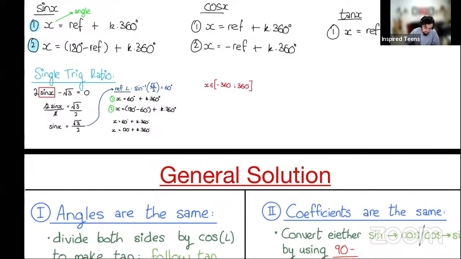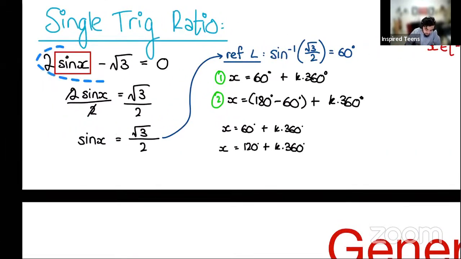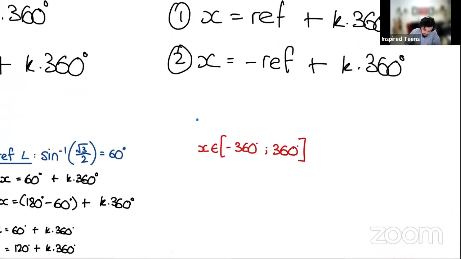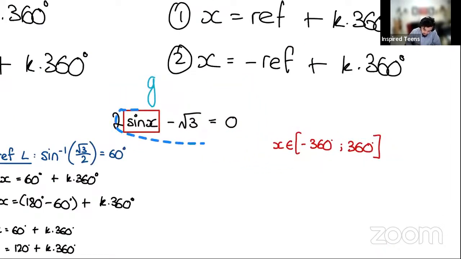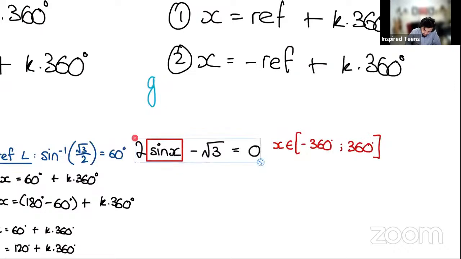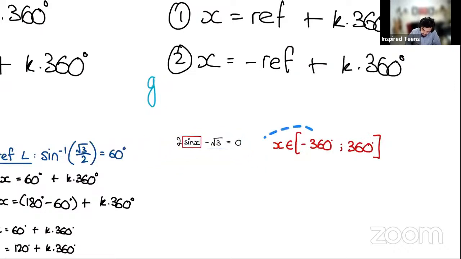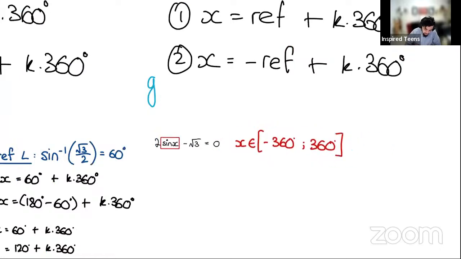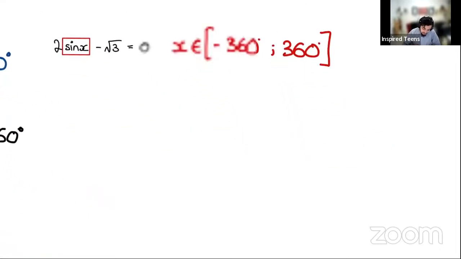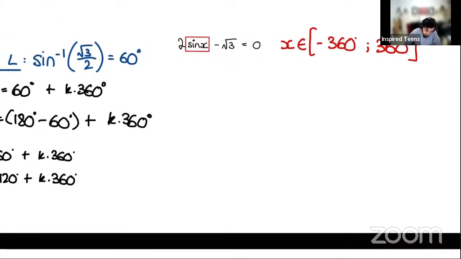You'll see normally the question will be attached together. So let's maybe just copy this. So they'll have this part of the question and they'll have this part as well. Again, they want us to solve for the general solutions for which x is in this interval. Now, we already solved for these general solutions, right? Let's take them down.